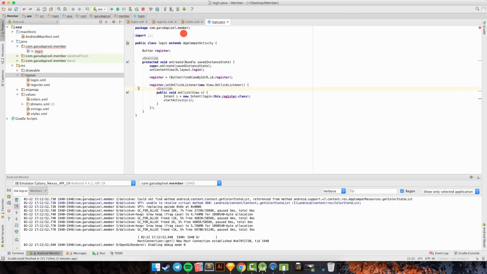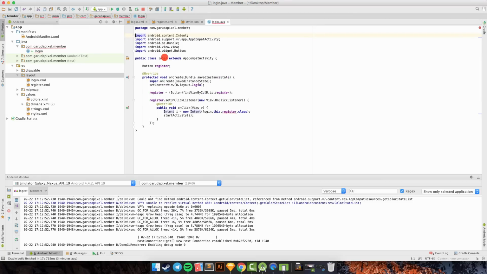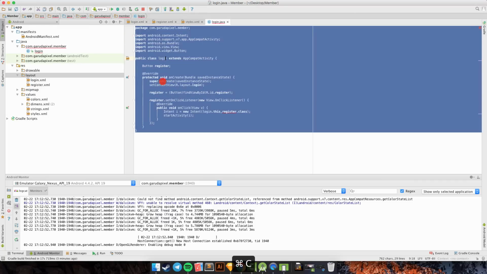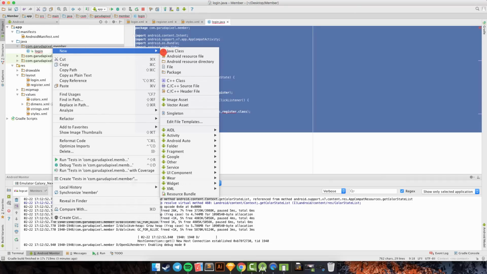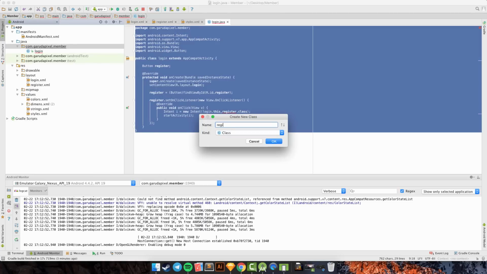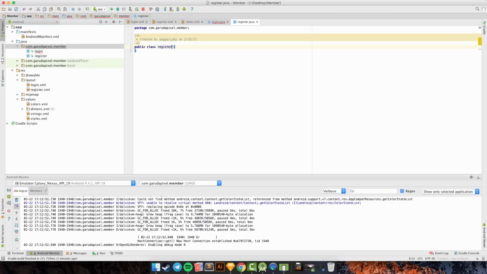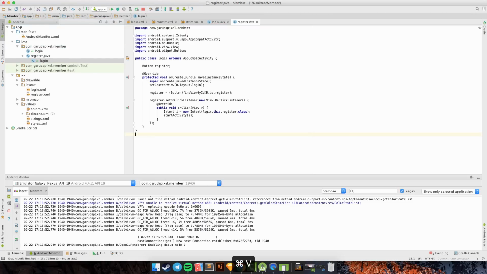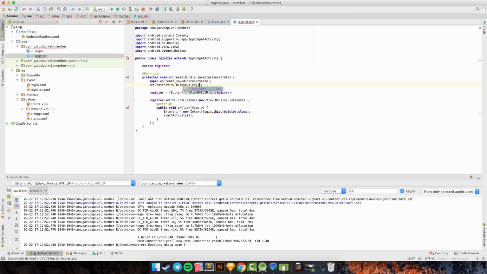So I will copy all of them, and create a new file here, register.java, and okay, and I will paste like this, and you can change the login to register, and change the login to register.